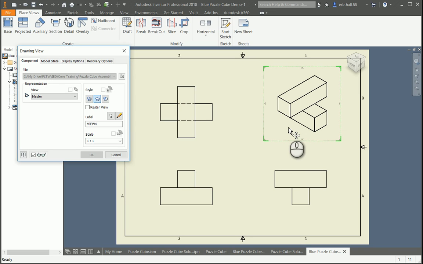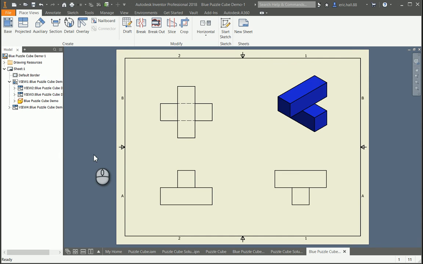I want my isometric to be in color. And to do that, I go back over to my dialog box and make sure I click on Shaded. And I do that, and then click OK. It adds color. So I have my multi-view drawing, my orthographic sketch of my part, and now I need to